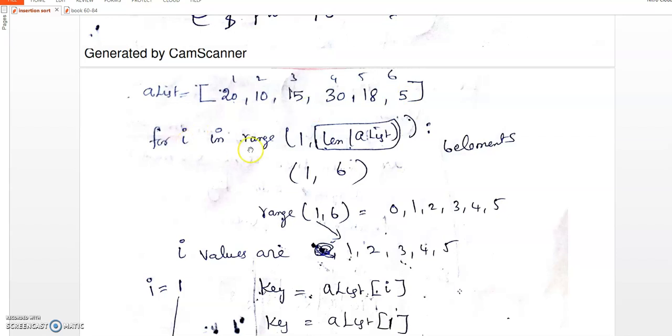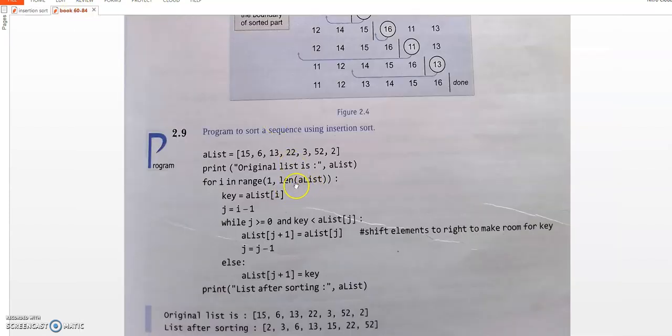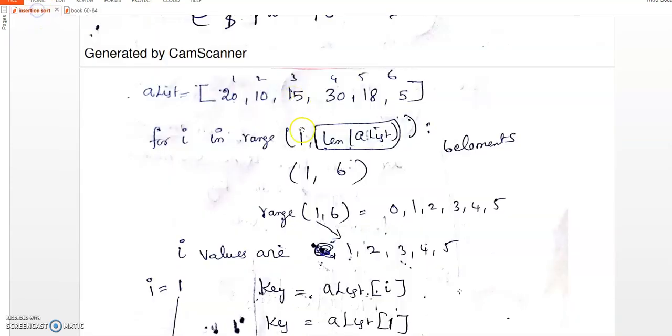Then i is in the range of 1 comma length of a list. In your book, what is the length of the list? Length is a function which returns the number of elements in the list. There are 6 elements in your list. So range 1 comma 6, understand, start value, stop value.